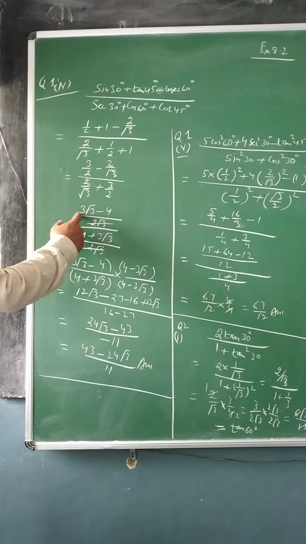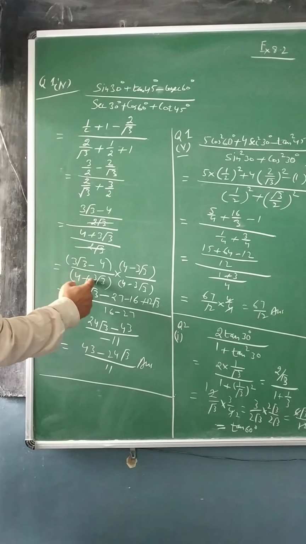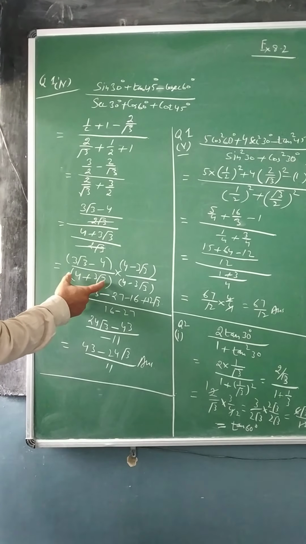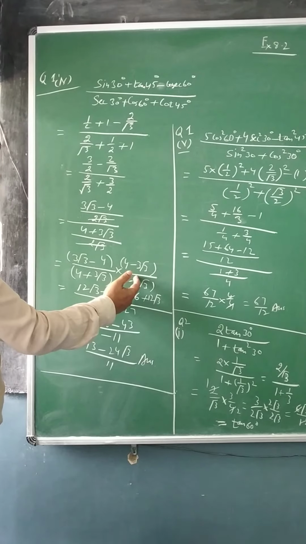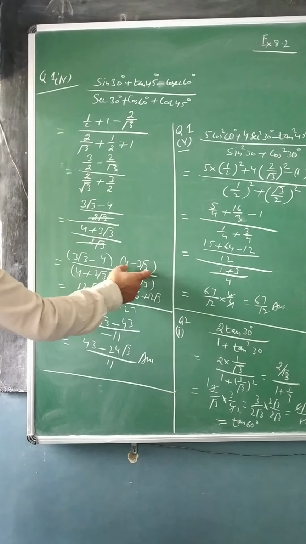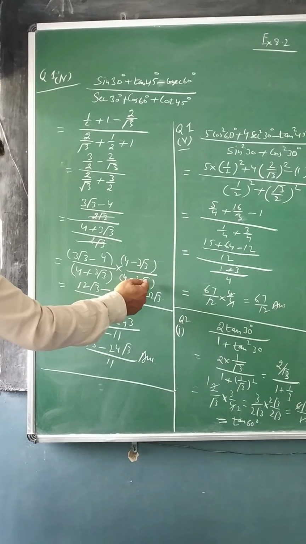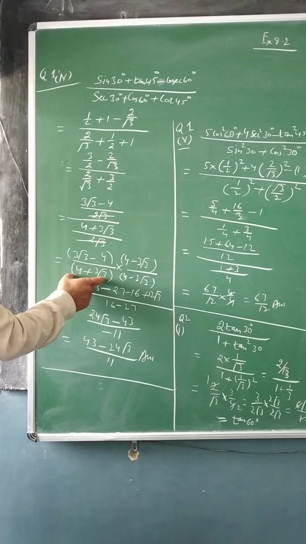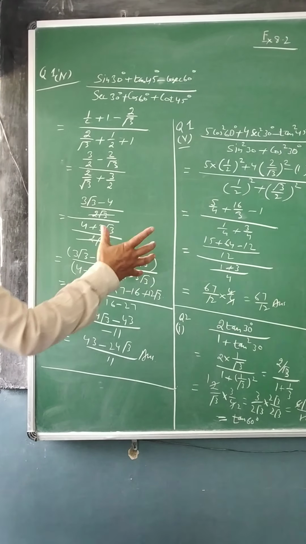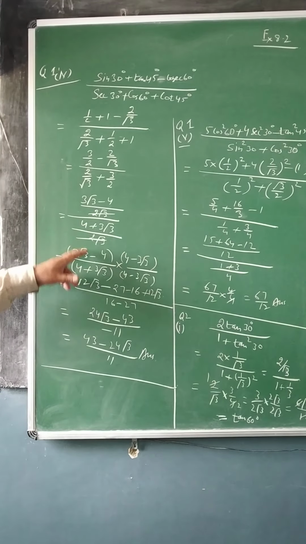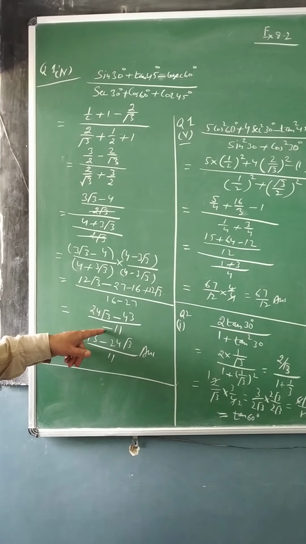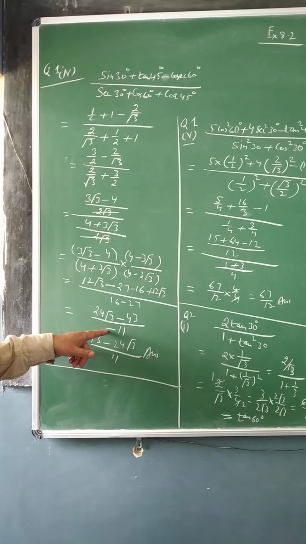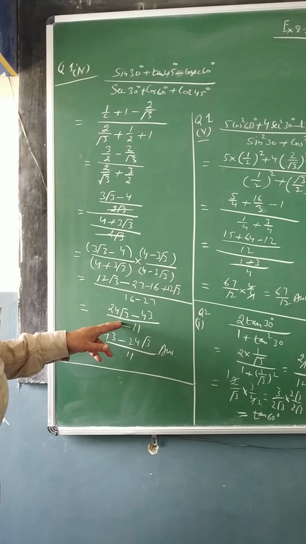Then here it becomes 3 root 3 minus 4 upon 4 plus 3 root 3. Still you can see that square root is there. So go for rationalization, that is by the conjugate of this, that is 4 minus 3 root 3, to make it in the form of a plus b into a minus b. And then when you will be solving it, the answer here again has the denominator coming in minus. So that is not called the standard form answer.